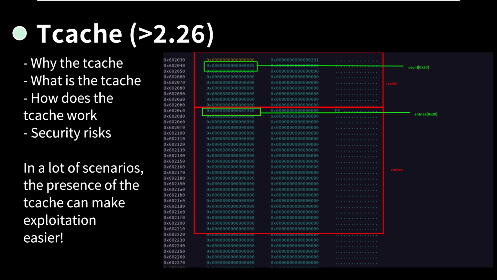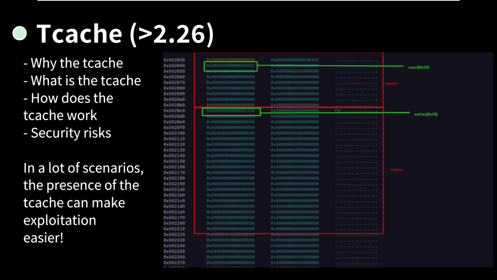So in this example, it's kind of hard to see, but I have 5 0x20 fast bins. And the specific entries field is going to be populated with the head of that list. So that entries field is populated with the head of T-cache